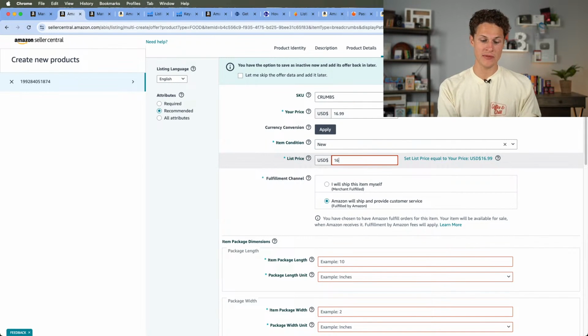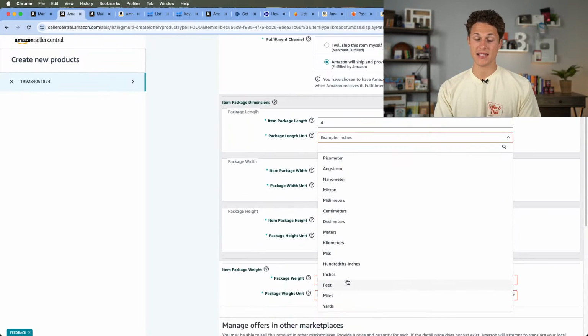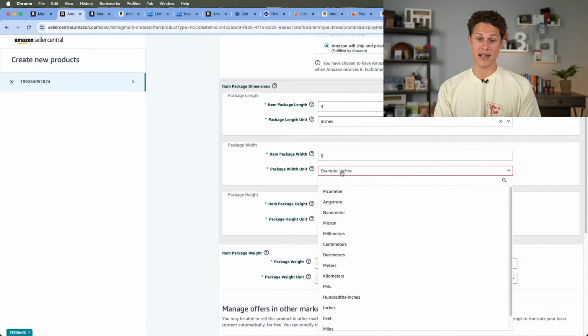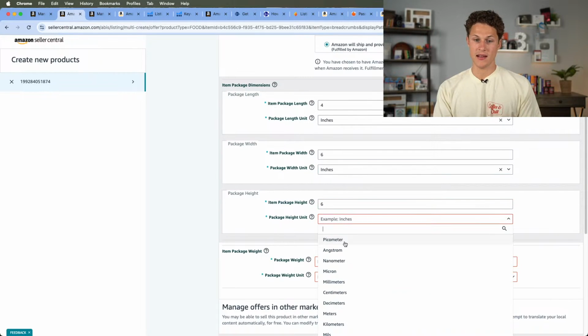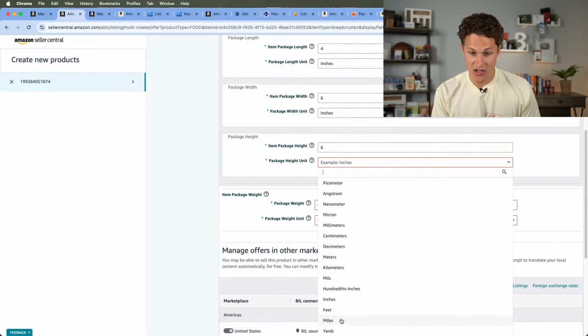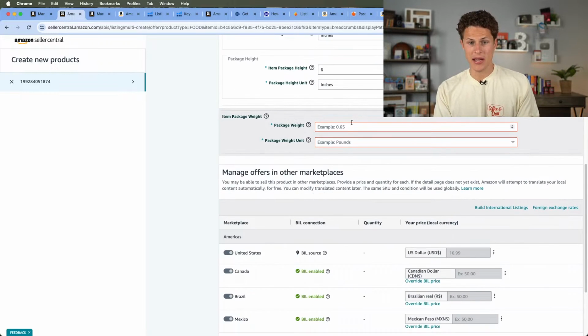Then we want to make sure the list price also lines up with our price. We're the only one selling this, so these aren't going to matter too much, but we do want to make sure this lines up. Next, we will add the package length and dimensions. We're selling this in a 4x6 pouch, so we'll go ahead and add these dimensions in right now. And then, this should be width, and let's change that in 2 seconds. Once we select inches, this should actually be 0.25. There we go, and the package weight, as we established, is 0.25